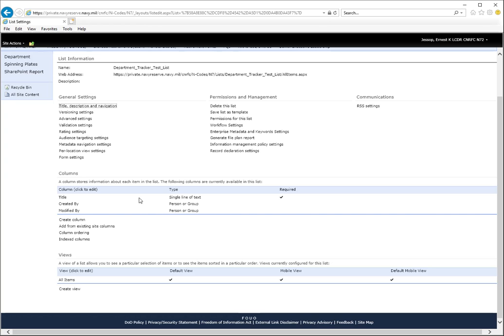So I'm going to utilize title for the name of the actual department. We're going to create a personnel assigned column, a budget for the fiscal year column, as well as an allotted column. Okay, so there's several ways to do this. Since we're already here in the list information view, I'm just going to create the column from here. Of course, you can create it from the actual list main view, but I'm going to do it on the